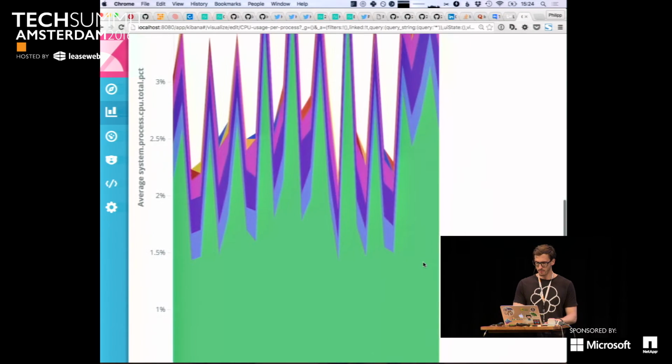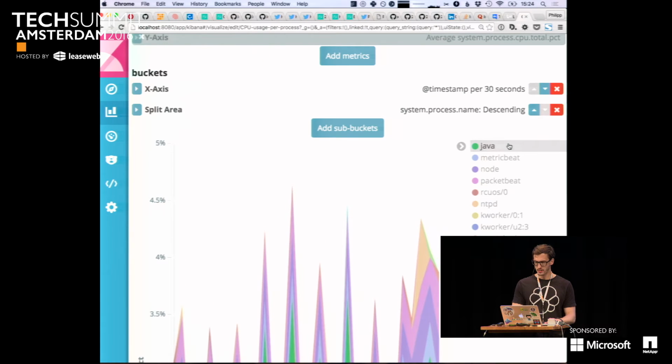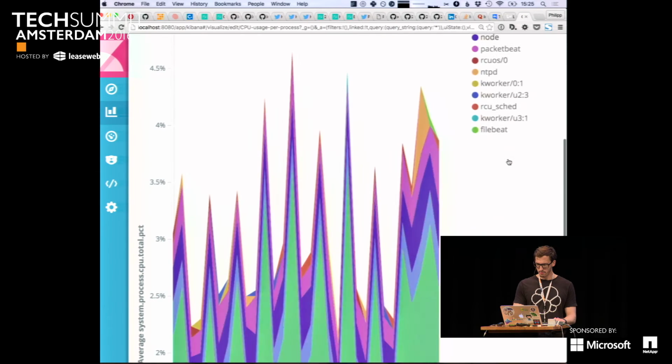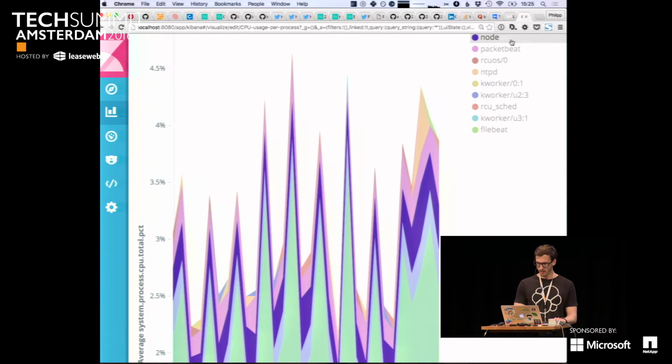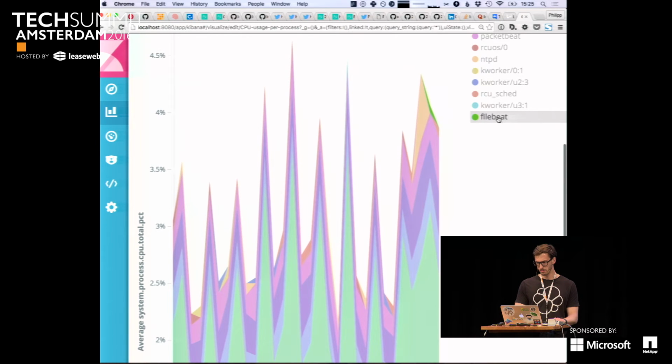So you can see we have lots of stuff running. Mainly Java is sucking up my CPU. Java is Elasticsearch and Logstash, since it's JRuby. And then you see, okay, Metricbeat is also using a bit of CPU, and Node, the Kibana app, is also using something. Packetbeat, not so much. And Filebeat is negligible, I think.